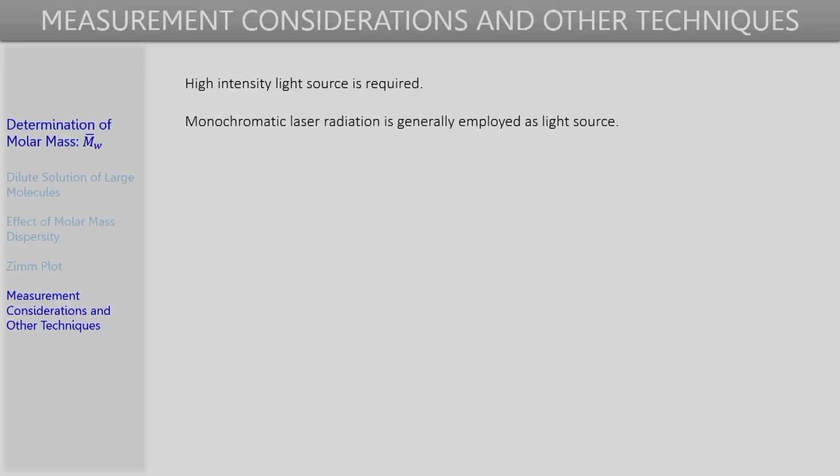The incident radiation that falls on the sample should have a high intensity and it should have a fixed wavelength. A regular white light actually contains a range of wavelengths. So, typically for static light scattering experiments, the light source that is used is a monochromatic laser beam. This laser radiation, which is highly monochromatic, has pretty much a fixed wavelength and has high intensity, is used as the incident radiation for static light scattering measurements,